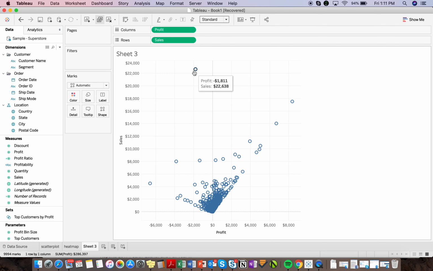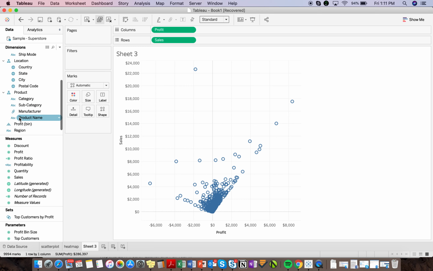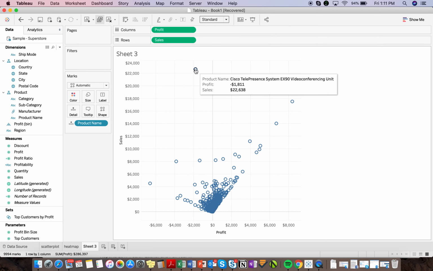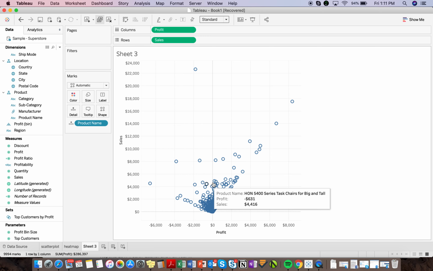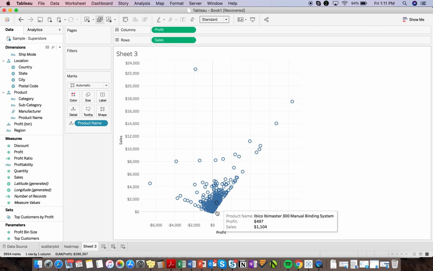So the first thing we should do is add the product name to detail. Detail means that when I mouse over a particular product, it tells me the name of the product. So now we can take a look at what the outliers are. However, as you can see, there's still a lot of data points here that are a mess. So what we can do is make use of the filter